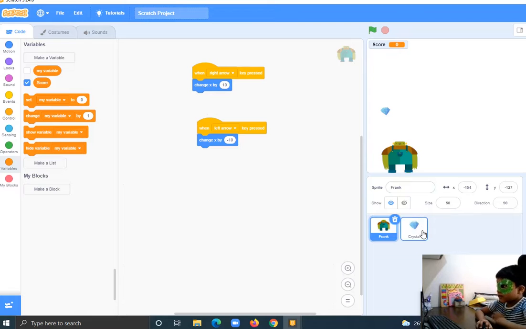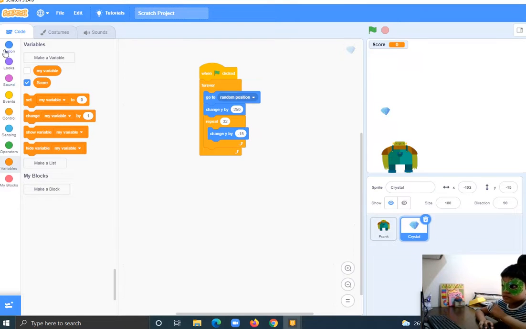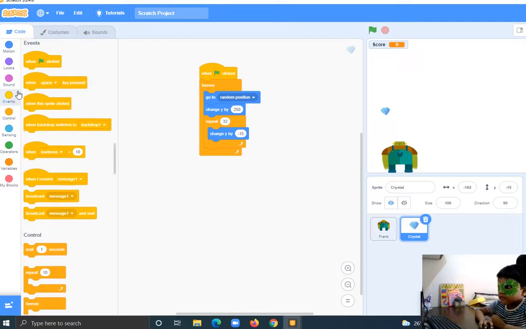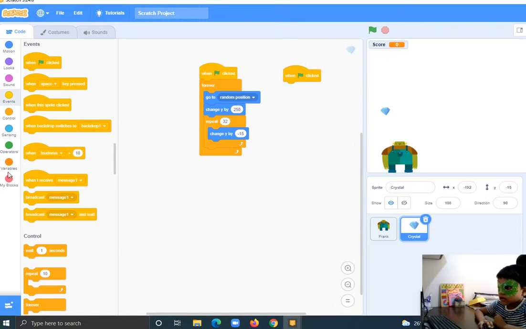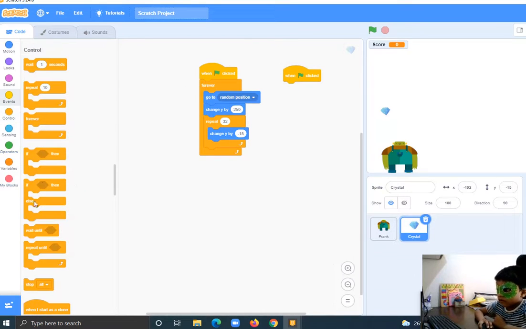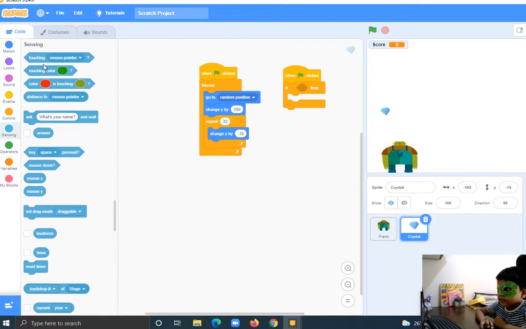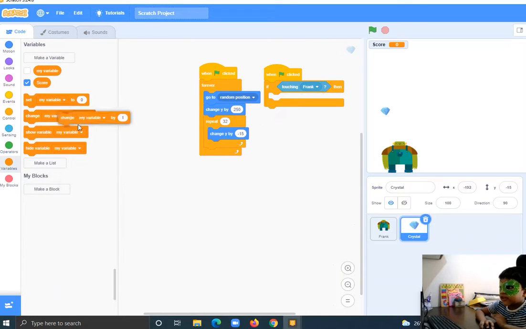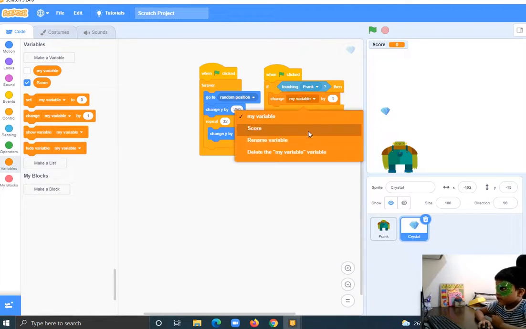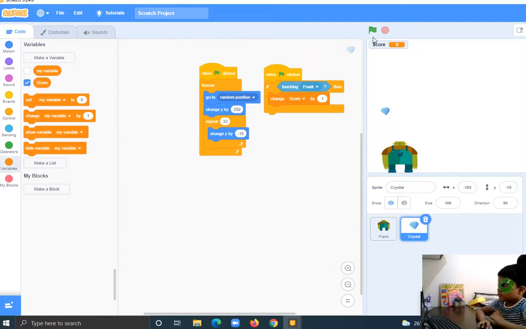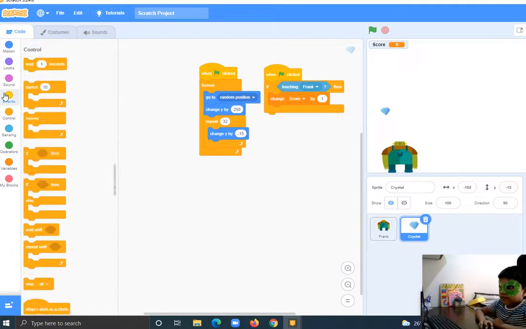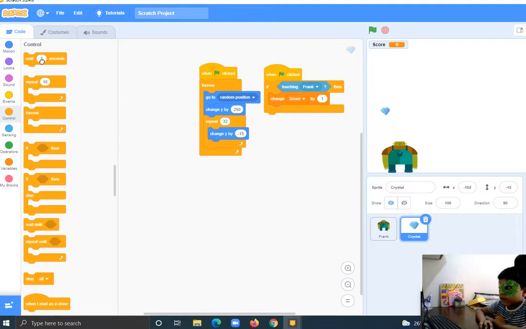Now in the crystal, you go to events, when flag clicked, then if, sensing, if touching Frank, then in the variables, change the score by 1, and you have to put wait 1 seconds, because